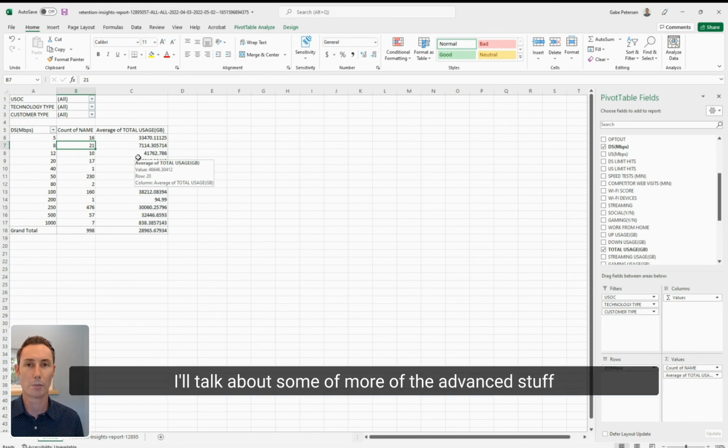I'll talk about some of the more advanced stuff that you can do with pivot tables in maybe a future video, but I hope that gives folks a quick overview of how they could think about using pivot tables to do this kind of one-off